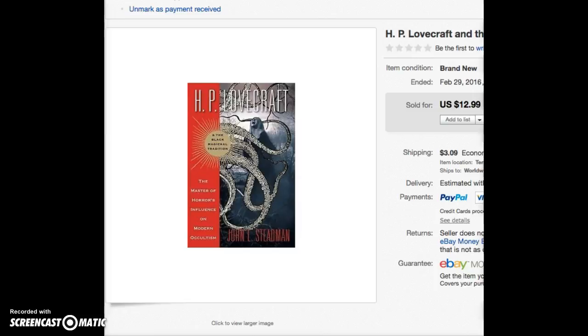Okay, let's get started. This was an H.P. Lovecraft in the Black Magical Tradition of Occultism paperback book. This I sold on a best offer for $5.50. Again, I've been wanting to move stuff and just pretty much taking whatever offers have come my way if